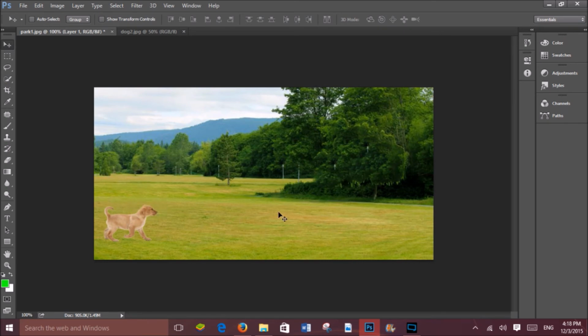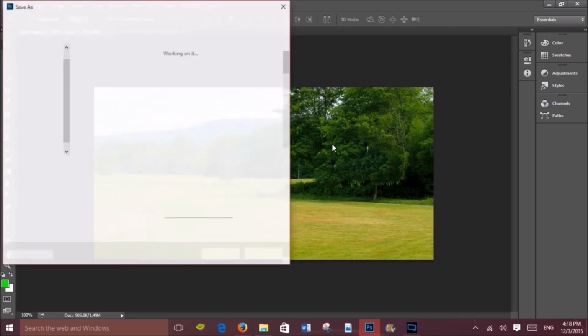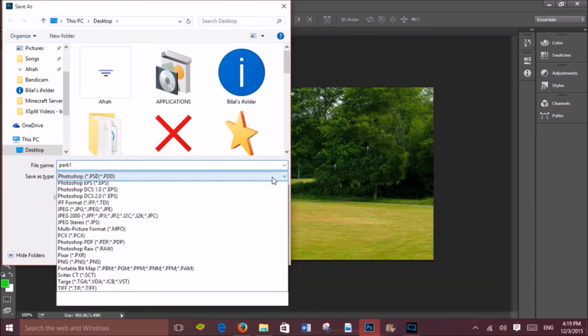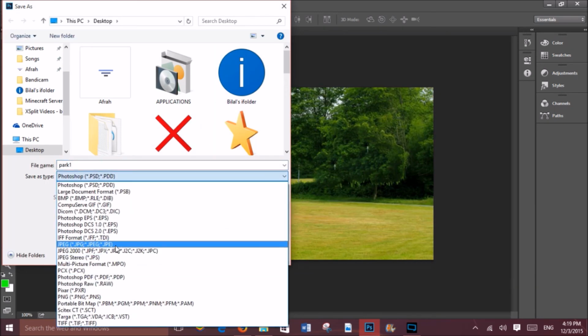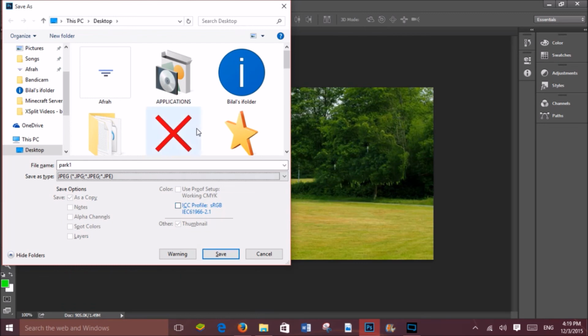There we go. Now this image also looks very realistic. We did a content aware fill over here because we did not like the color. And now let's save this. I can save this as a JPEG image and then save it on my desktop. I'll just rename it